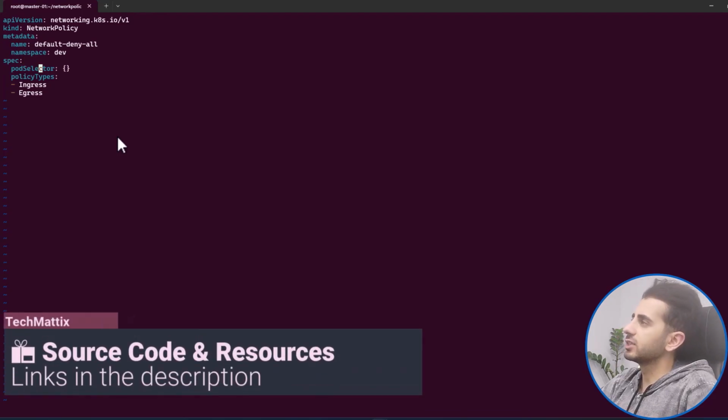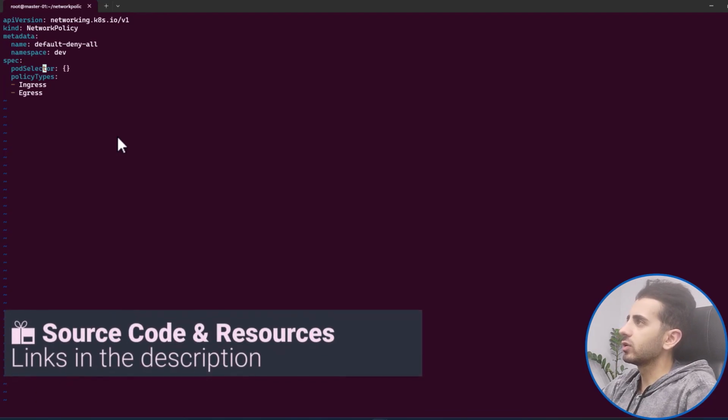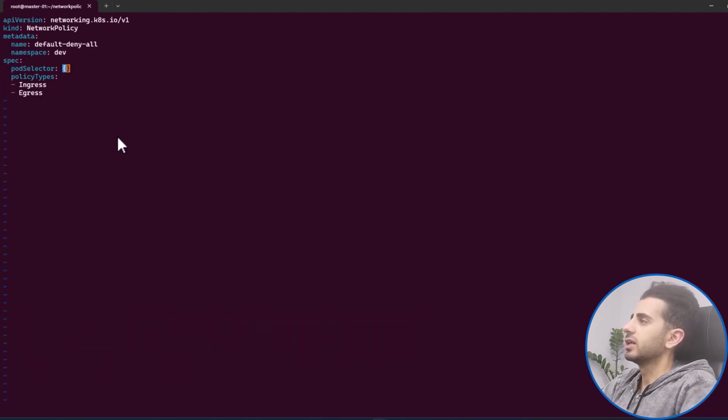And here in the spec section we have pod selector, and we define a curly bracket, open and close curly bracket, and it means that it selects all the pods in the namespace that we define our network policies. And here we have policy types, a list that contains ingress and egress, and this policy, as I called it, default deny, just denies all